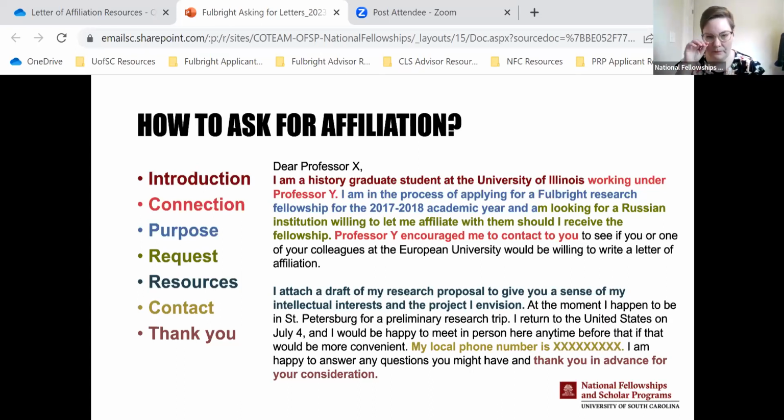So for this example, this student says, "Dear Professor X, I am a history graduate student at the University of Illinois." That's your introduction. Working under Professor Y, who this person knows. There's your connection. "I'm in the process of applying for a Fulbright Research Fellowship for the 2017-2018 academic year," your purpose, "and I'm looking for a Russian institution willing to let me affiliate with them should I receive the fellowship." That's your request. And then again, that connection, "Professor Y encouraged me to reach out to you to see if you or one of your colleagues would be willing to write me a letter of affiliation." As a resource, they attached a draft of their